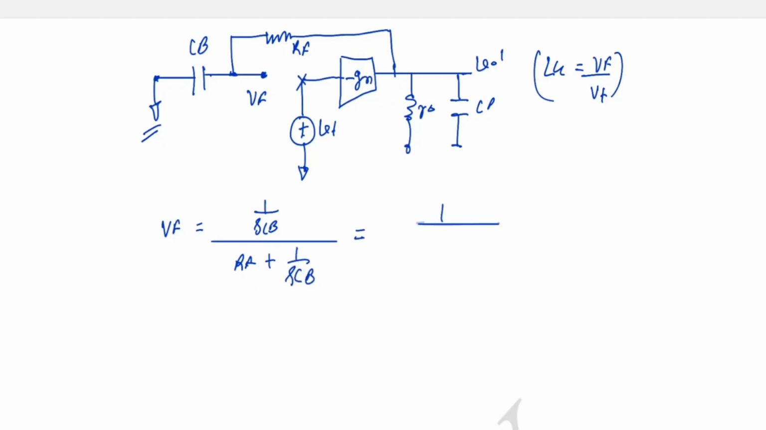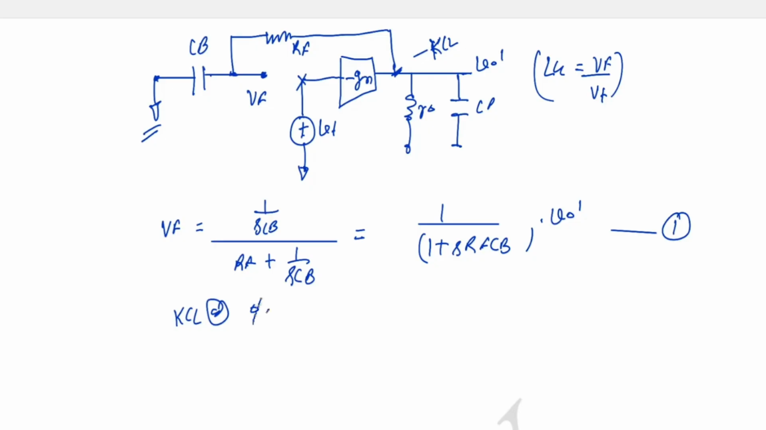So that will come as 1 plus S Rf Cb into V naught dash. Okay, now we got this equation, and we will write one equation here, KCL at the output. So we will get a second equation, and after solving both equations we can get our Vf by Vt. Okay, but that approach will be lengthy, and we won't get any insight into the circuit,